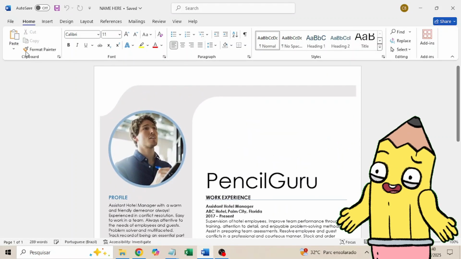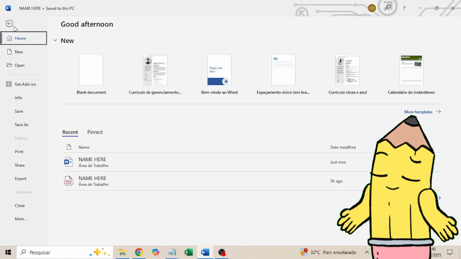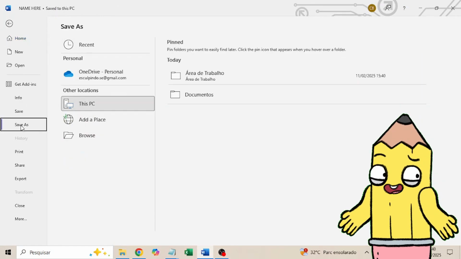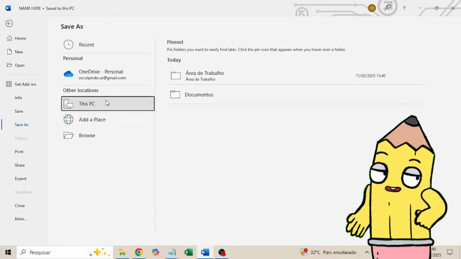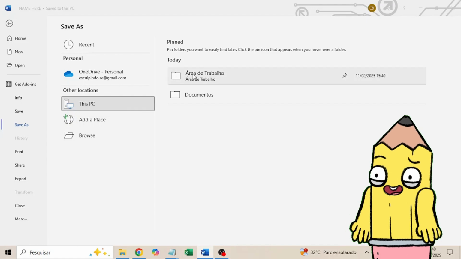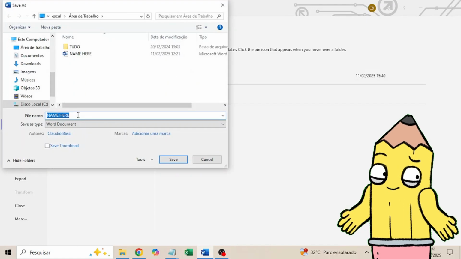First, click on File. Then click on Save As. Choose This PC, and then select Desktop. A window will open for you to save the document. Give your file a name,